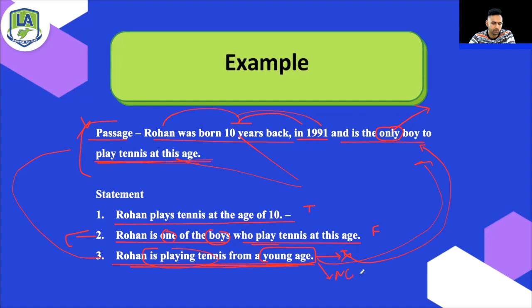That is why we confuse ourselves, because we don't focus on what's in the passage. You focus on your background information. Remember, when you solve true, false, and not given, you don't know anything. You only know what's there in the passage. If you don't use your knowledge, you will 100% get the right answers.